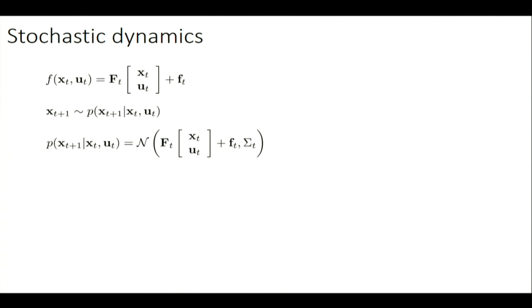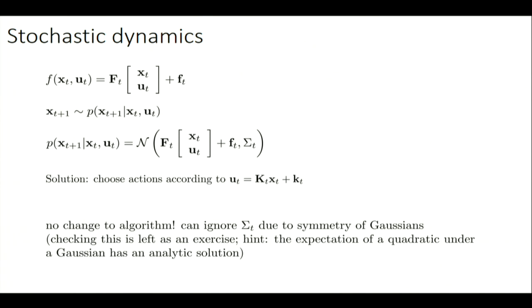OK, now there was an earlier question about what happens if you have stochastic dynamics. One thing you can do is say, OK, maybe my stochastic dynamics are actually Gaussian. If your stochastic dynamics are Gaussian, where the mean is this linear thing and the covariance is some constant covariance, you can actually still choose actions according to the same rule as before. And it turns out that because of the symmetry of Gaussians, the same exact algorithm will compute optimal actions for you. If your dynamics are not Gaussian, or if the covariance depends on the action in some way, then this doesn't quite work. But if it's Gaussian with an independent covariance, then all is good, and you can just use the same exact